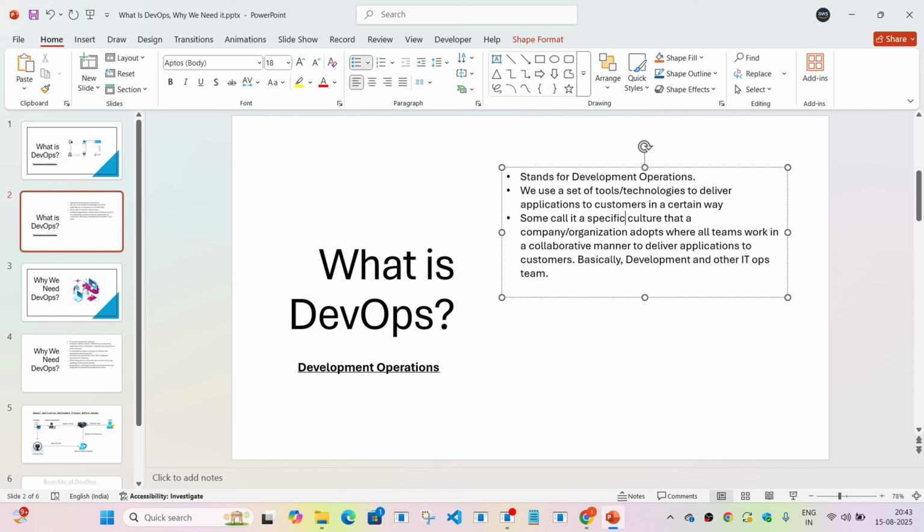So in this DevOps approach, these two teams are continuously talking to each other on a day-to-day basis so that they can share the inputs which are required to deploy a particular product or an application in a better way, in a way wherein they both can agree to it, and it's going to help the overall application delivery as well. Okay, so in general, that is what is called DevOps.